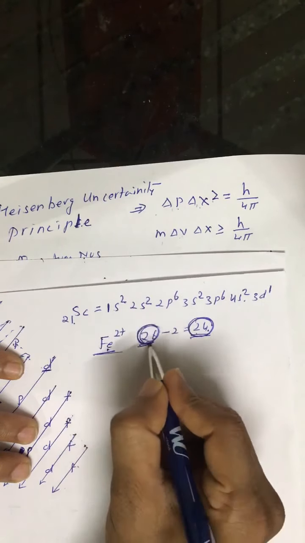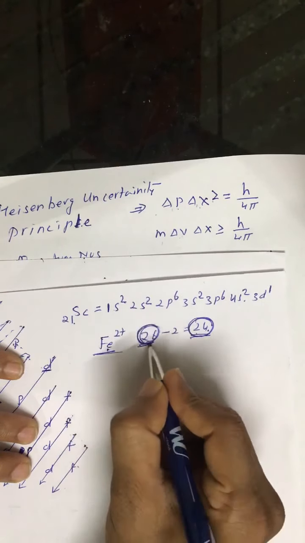And there is one more thing, that is Hund's rule, that also we will discuss here. Look at nitrogen, atomic number is 7. We have 1s2, 2s2, 2p3. Now these three electrons in p, they go to different orbitals. Electrons always prefer to remain unpaired. This is called Hund's rule.